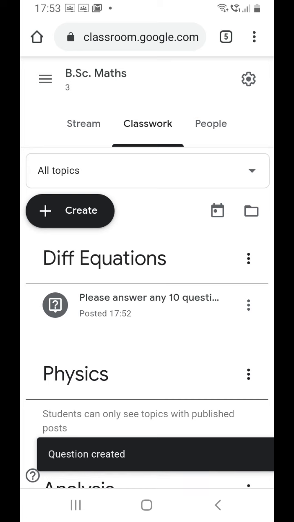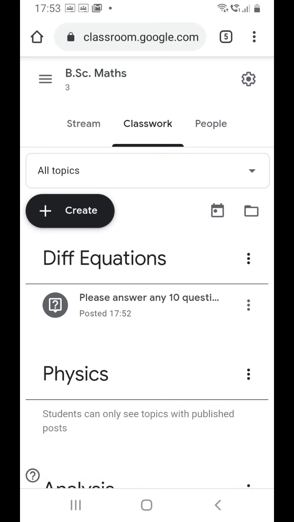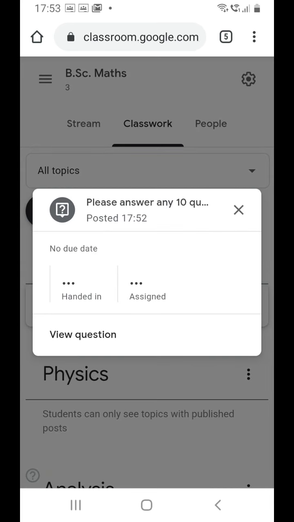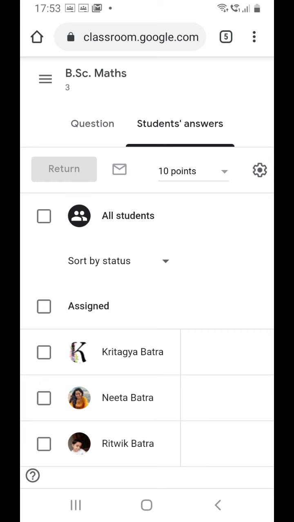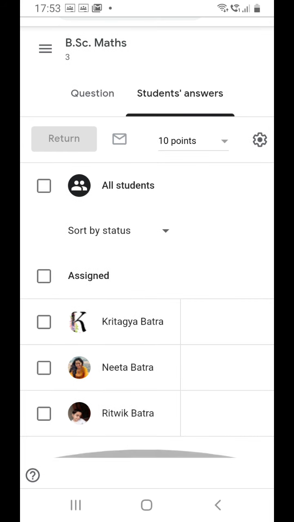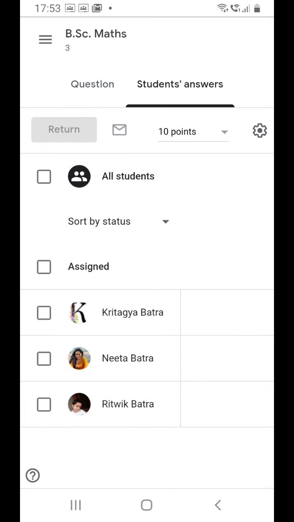So you can see that a new topic differential equations is created, and my question gets inside that topic. If I click on this, I can see that 3 students are assigned my question, and if you click on view question, none of them have answered.